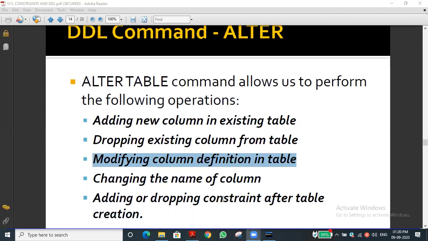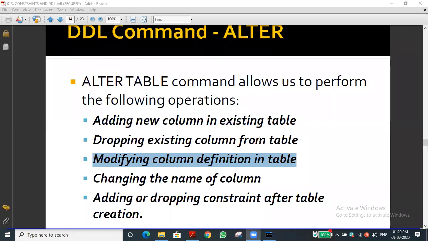So this is one of the things. That conversion we can do. Suppose we are giving varchar of 20, so 20 characters are allowed. We can convert into 30 characters. That is okay. But 20 to 10 we can do, but based on many things. Suppose one of the values in the name column has more than 10 characters, it will create a problem. So always we have to change from basic to higher values.